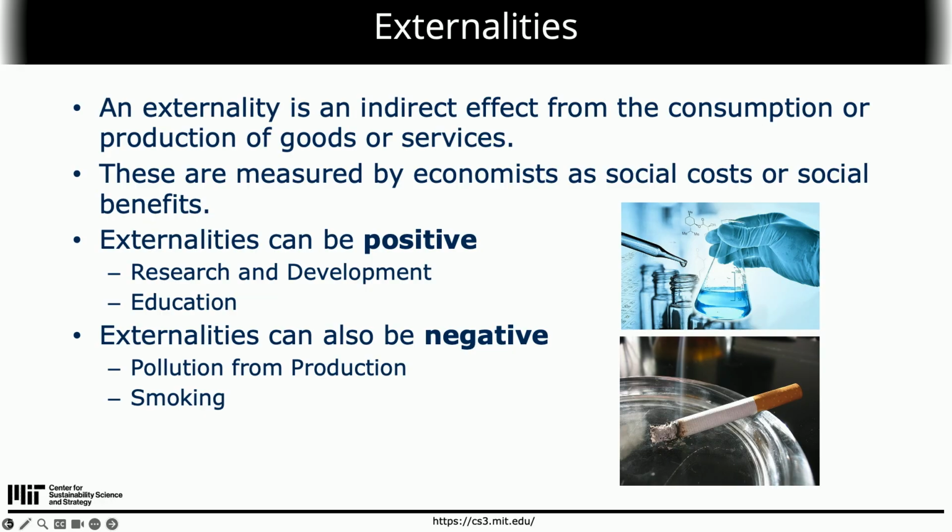But externalities can also be negative, okay? So whenever you have pollution from production, which causes things like climate change, as soon as you are producing something that has pollution involved, that is usually not priced into that initial transaction. What is priced in is the usual sort of production costs that you have. So it might be labour, it might be your capital costs, it might be other intermediate inputs that you put in. So you use goods to produce goods, for example. But on top of that, you have pollution that is produced. Okay? And that pollution is a negative externality.